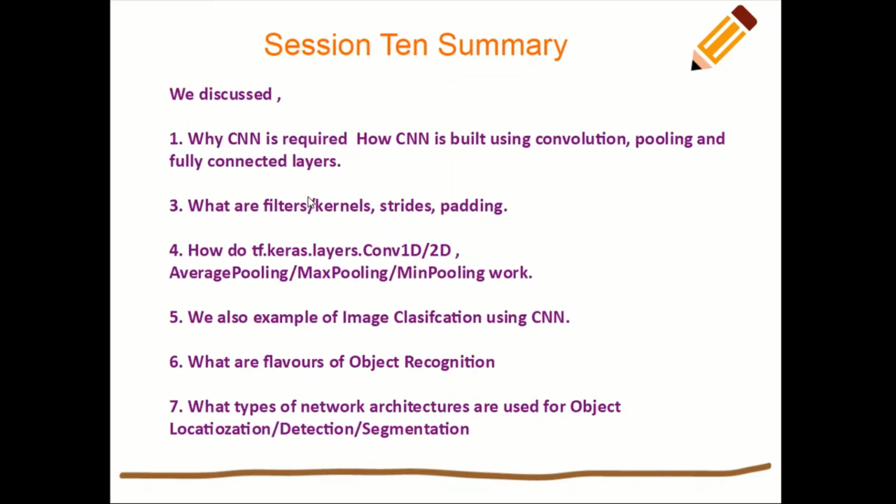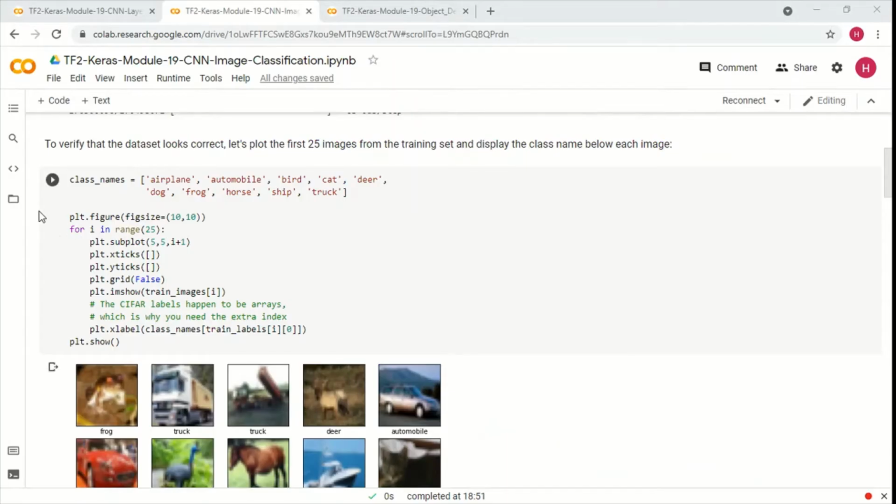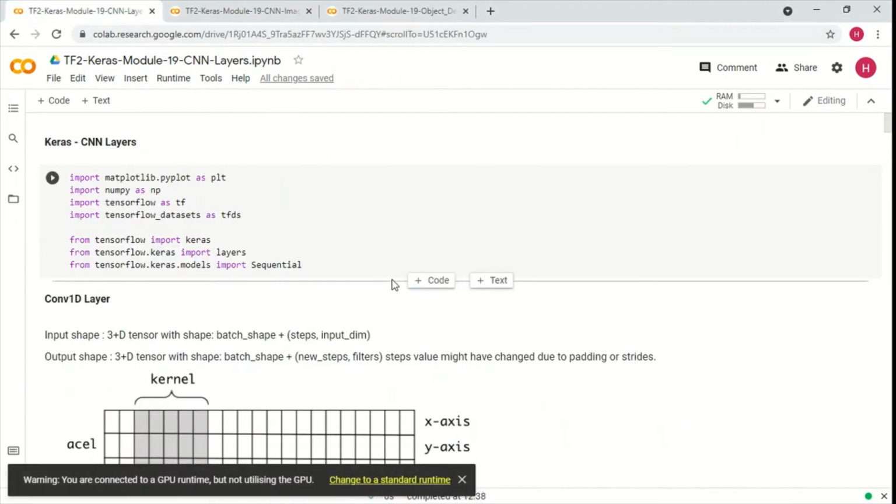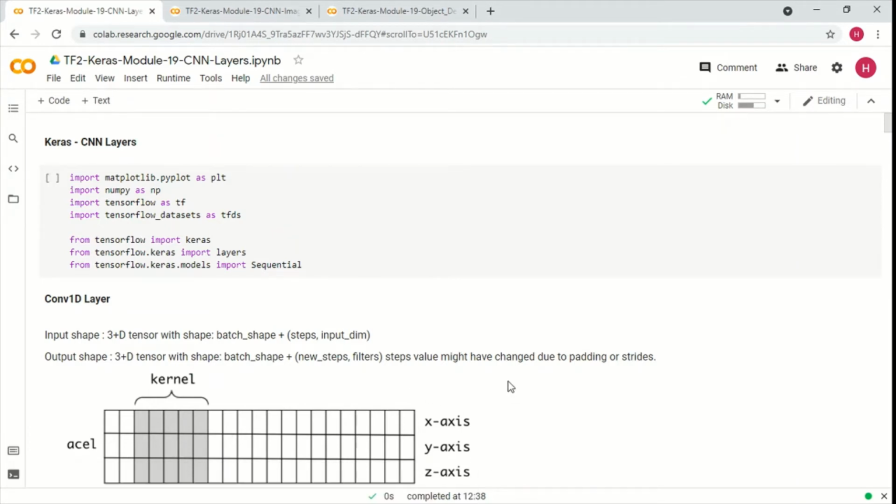Okay. Now, before we actually discuss the summary, as usual, we'll go to the notebooks and discuss and run the code. So this is the first notebook, and this particular notebook will discuss the convolutional 1D layer and convolutional 2D layer. We'll discuss max pooling, average pooling.